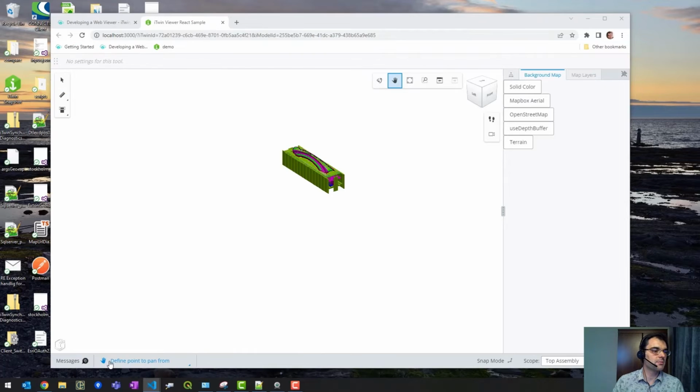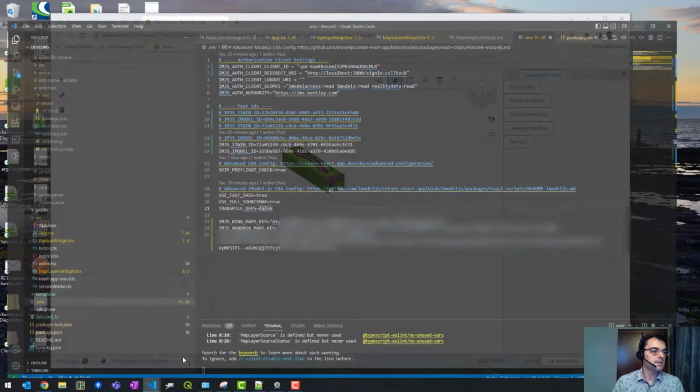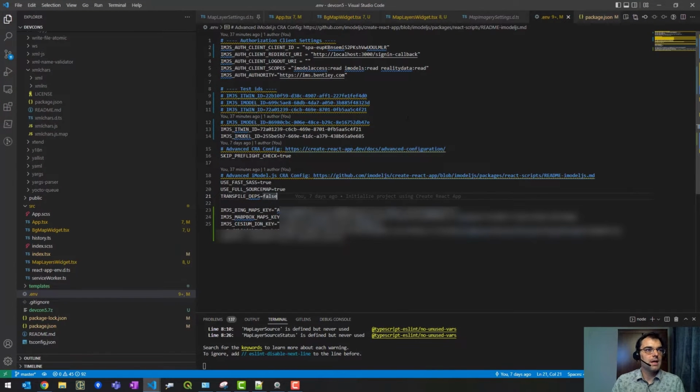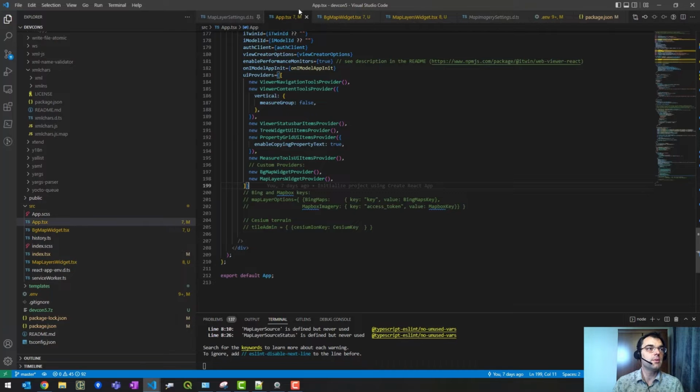If I go in my project right here, I suggest that you use the provided .env file, and you create a key value pair for Bing Maps, Mapbox, and the Cesium key. By using the .env file, we'll make sure that your access keys never end up in your file repository. When it's done, you can go back in your